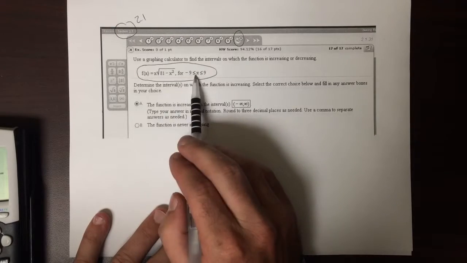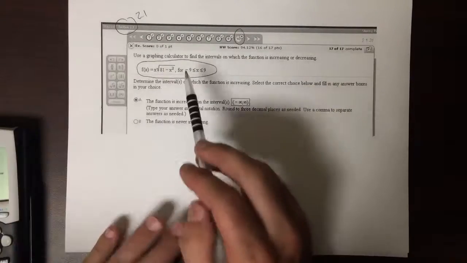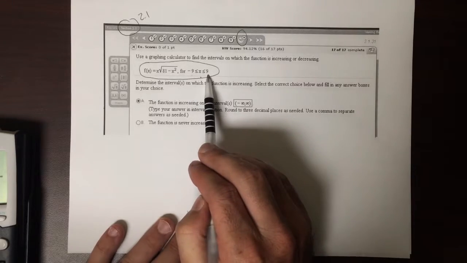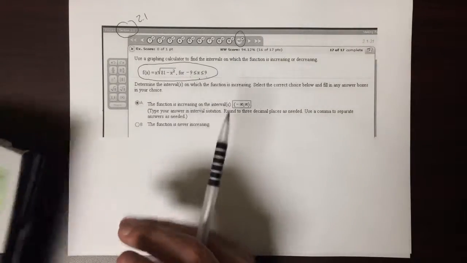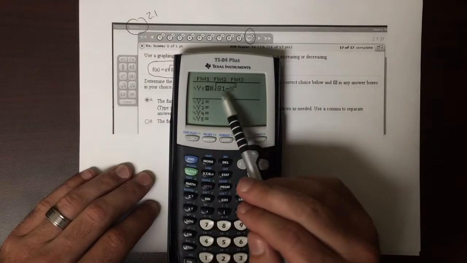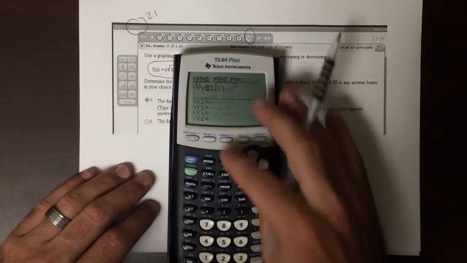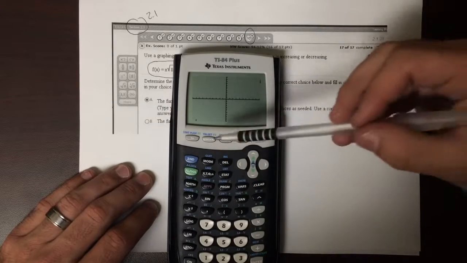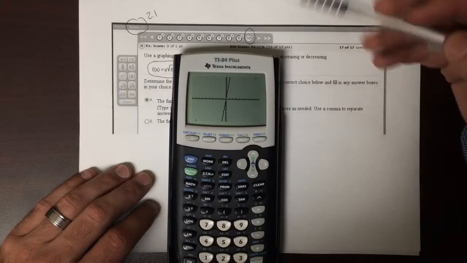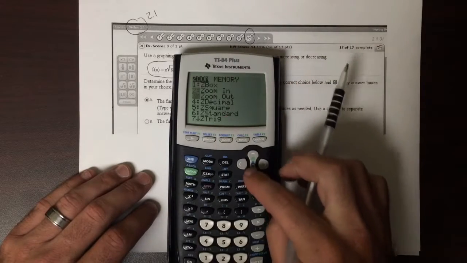So the only range that you can actually graph this is between -9 and 9. When we go to graph this, you type it in your calculator just like you see it. So I have x times the square root of 81 minus x squared. If I do the normal zoom 6, it just looks like a straight line. That tells me I'm not seeing everything. I need to zoom out. So if you zoom out one time,